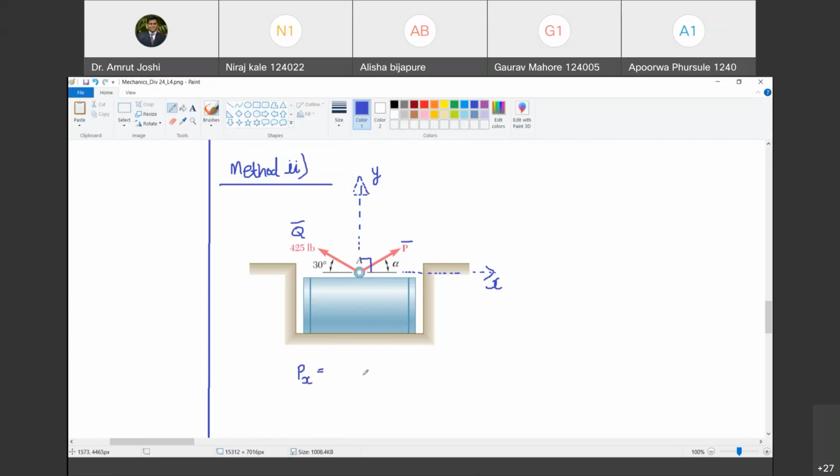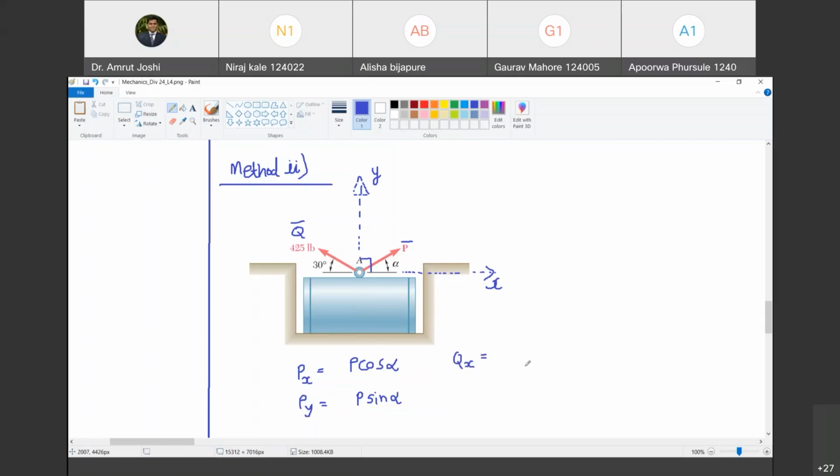P cos alpha. Yes, alpha is the angle, so the component is cos alpha. So as I am now resolving P along two orthogonal directions, this component is going to be P cos alpha. Happy? What is the Y component of P? P sin alpha. Alpha is the angle made with reference to X. I am finding out the component along Y. It has to be equal to P sin alpha. Happy? Now, similarly, what is the X component of Q?